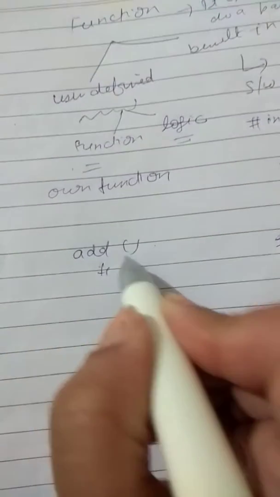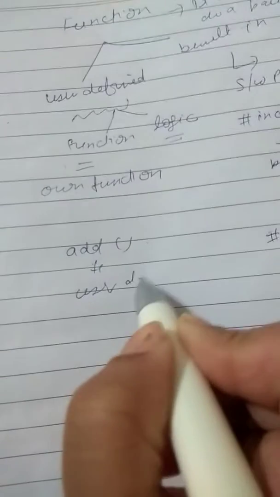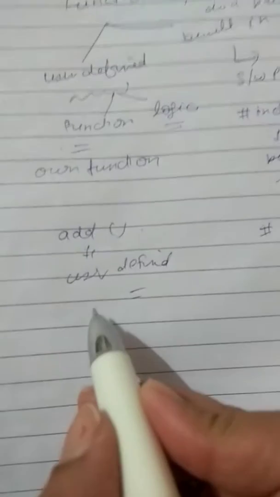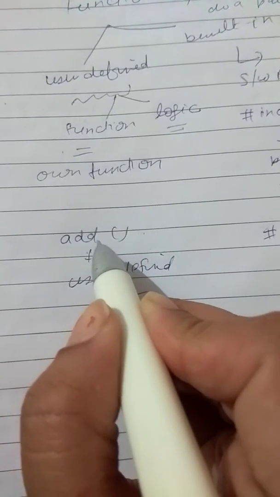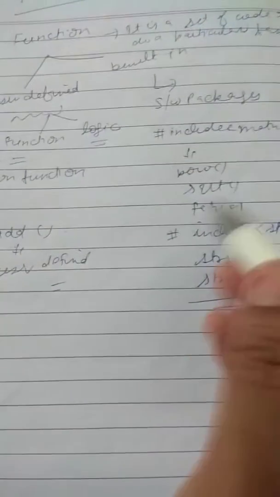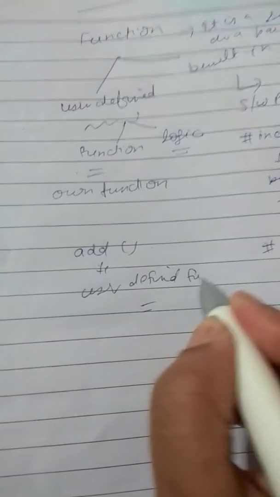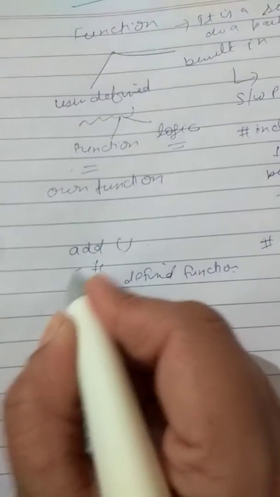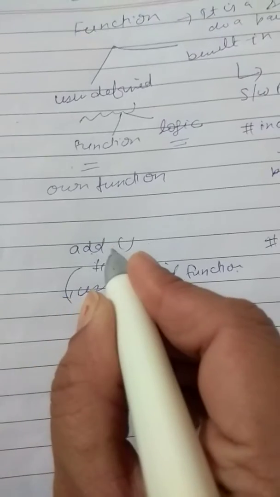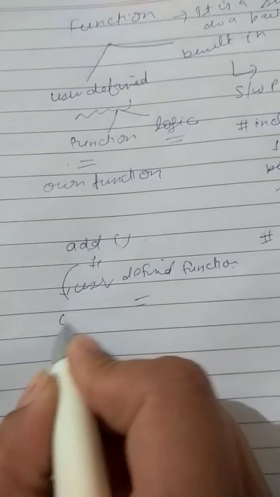So we can write a user defined function for this and use it anywhere we want, like your built-in function. To make the functionality of this add function equivalent to a built-in function, we write the user defined function, okay? To have the add, we can write the logic,